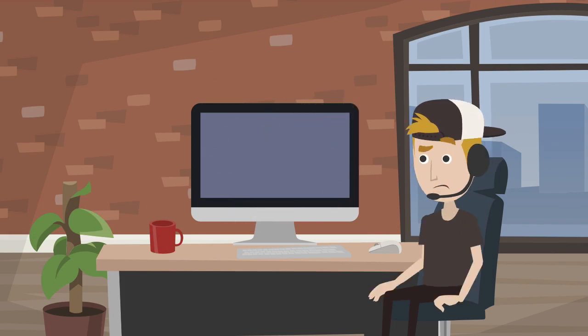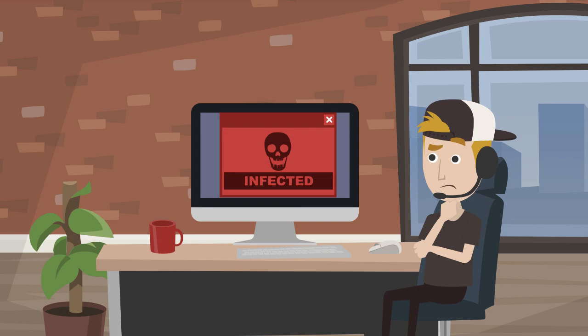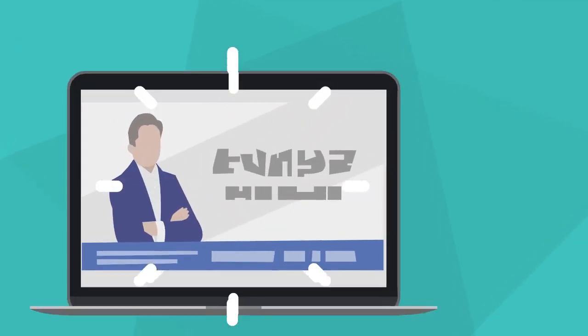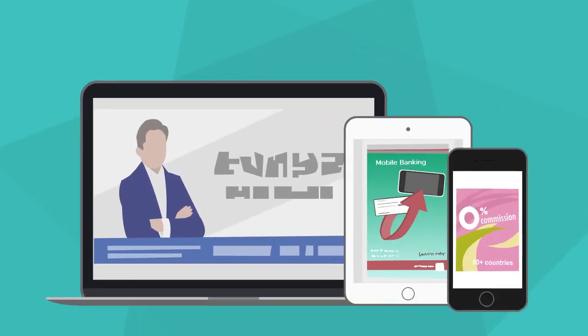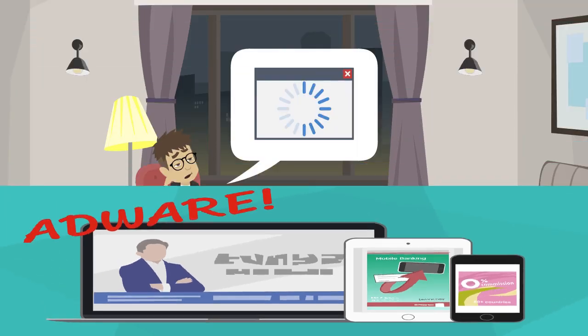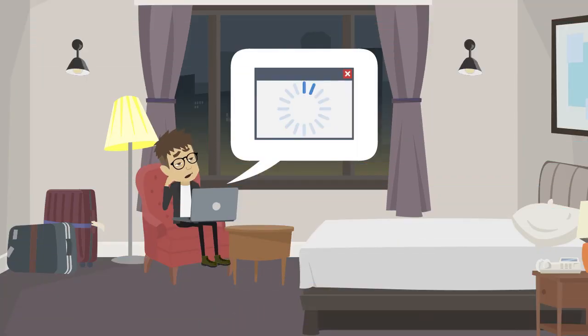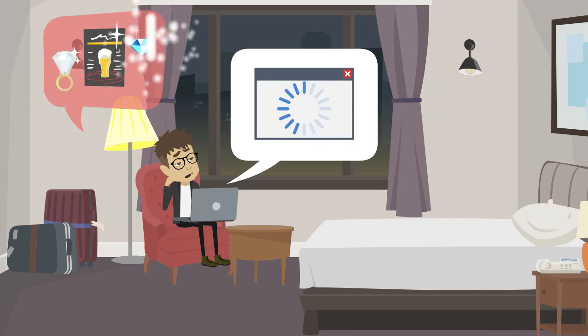And it potentially opens the victim up to other malicious third-party programs having access to their devices and information. Unlike other malware, adware is not difficult to detect, as it naturally reveals itself to the user. If your device has been infected, you will notice a reduction of speed and performance, and an increase in advertisements